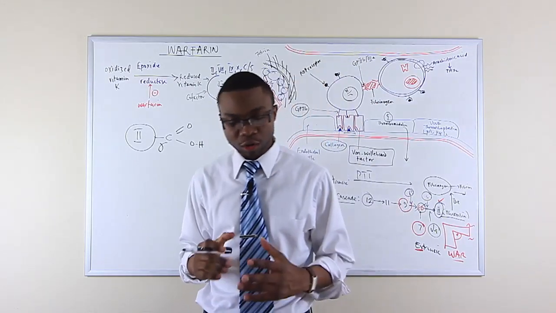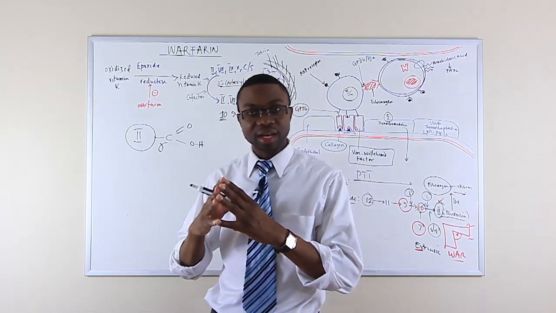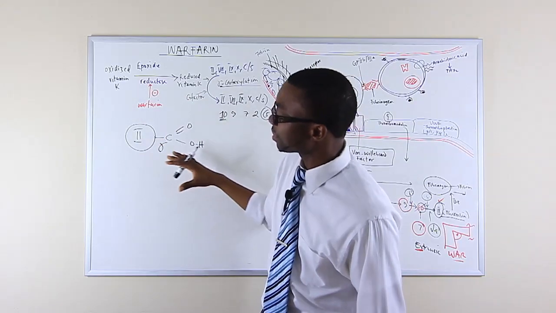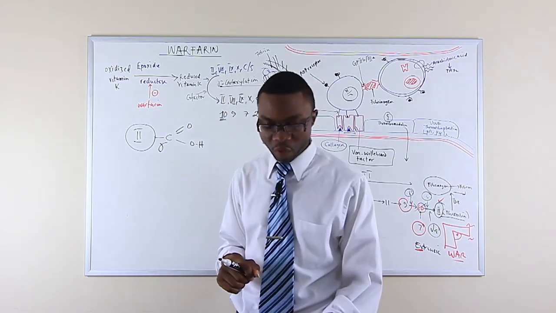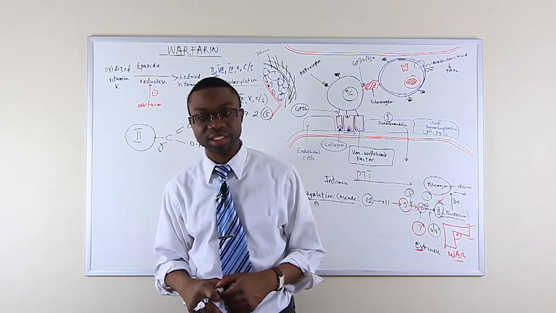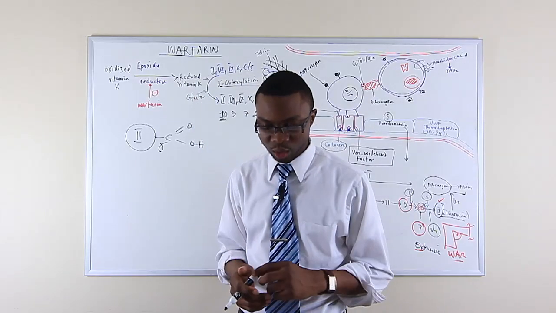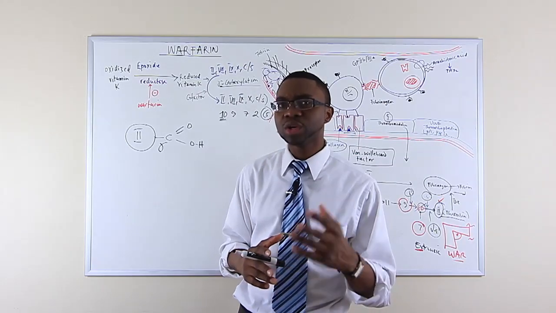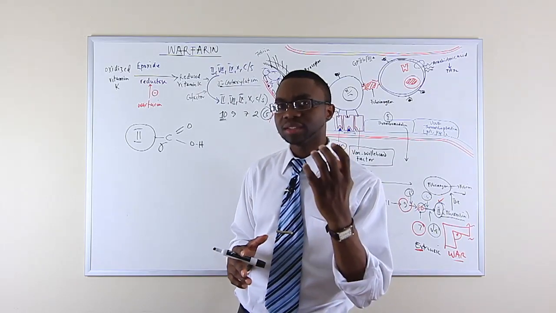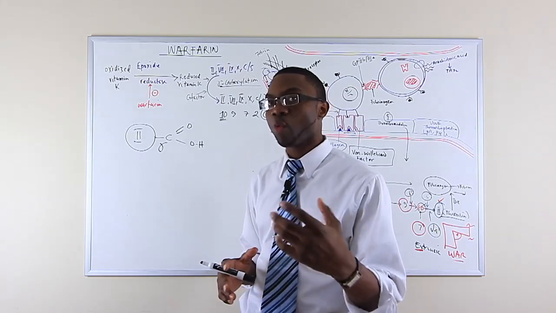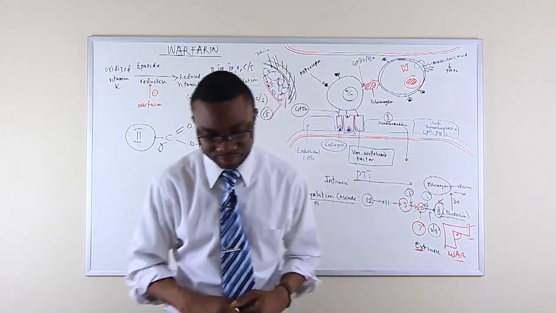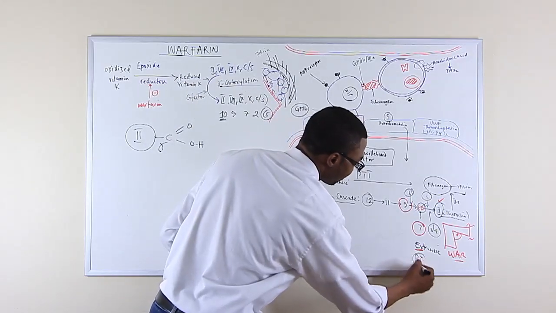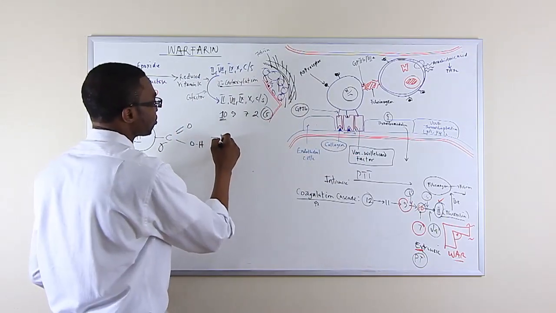Okay, now also another mechanism that you have to remember is that this is all also happening in the cytochrome P450 pathway. This metabolism also occurs with the cytochrome P450. Now, how do you remember what we use to measure the rate of anticoagulation of warfarin? Okay, well, we check the PT. Prothrombin time is what we measure,